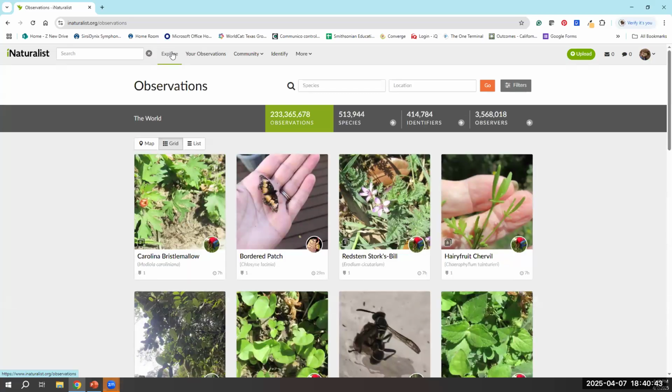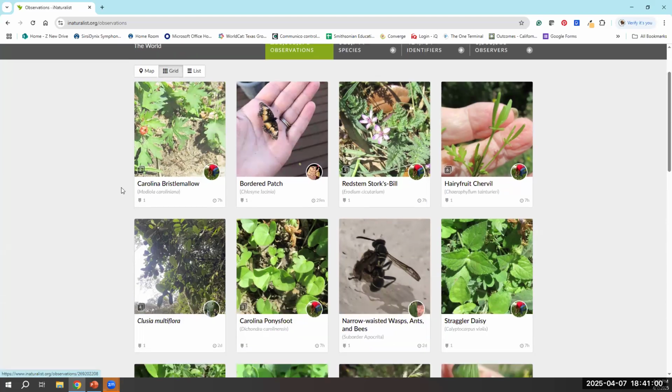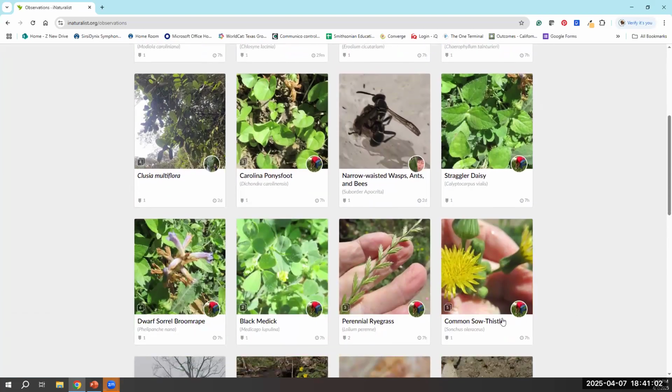So in addition to submitting observations, you can identify the observations of others. In both the app and the browser version, you can view others' observations under Explore, which is where we are now. If you click on an observation, you will get a better look at it.